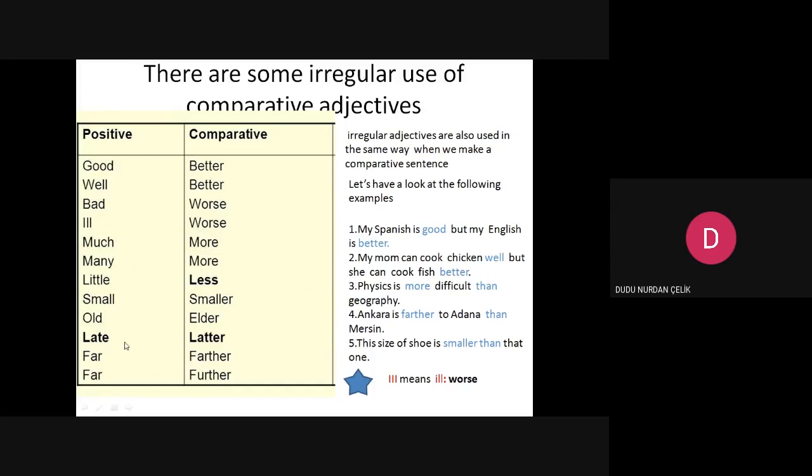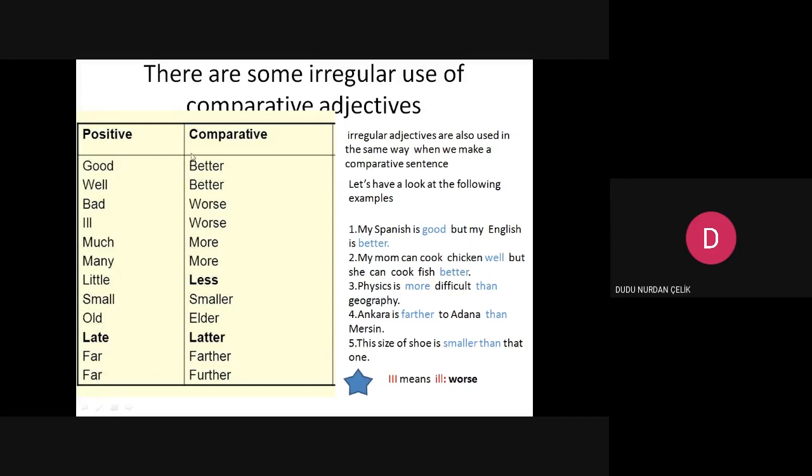Why are they irregular? Because look, we don't use R, ER, or IER at the end of the adjectives. We don't say gooder, or we don't say valier. We don't say better, iller, mucher. That's wrong. These are irregular, so we use like this.